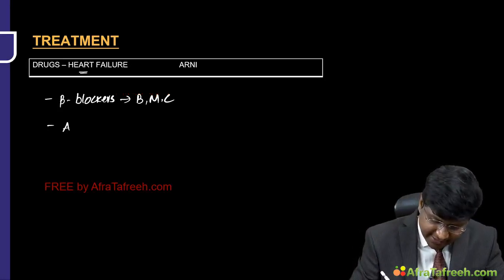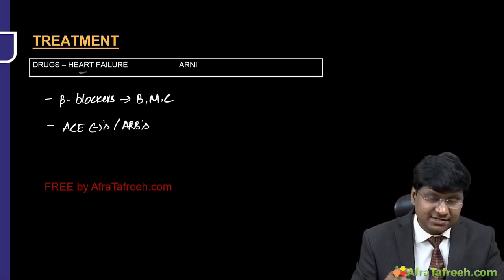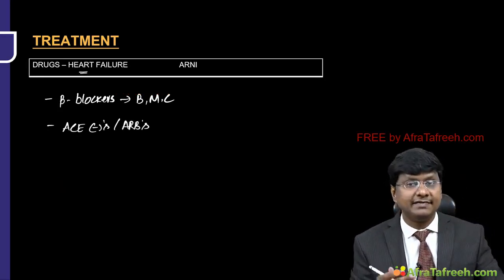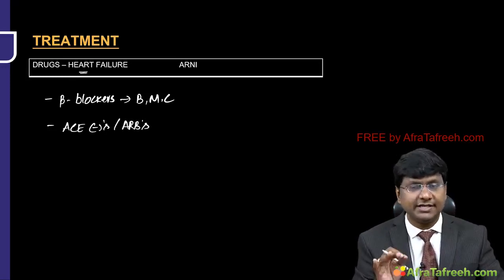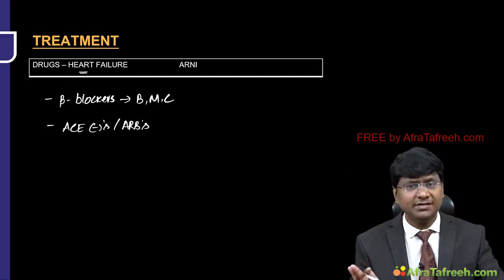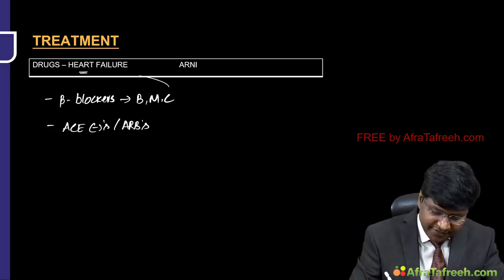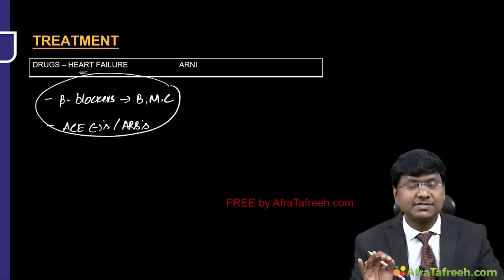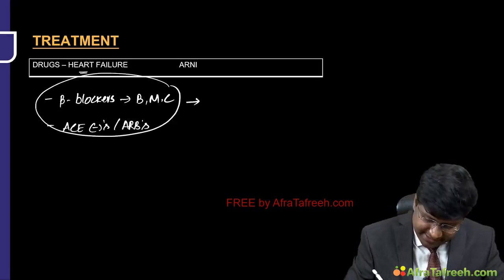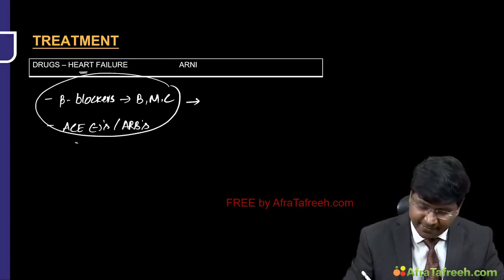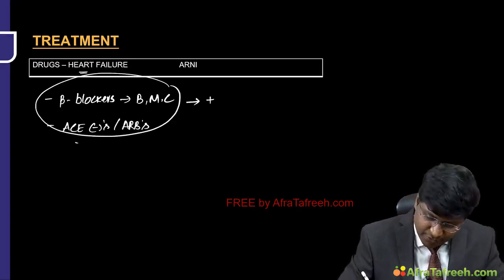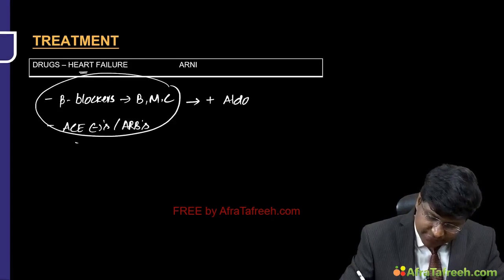And the other drugs are the ACE inhibitors or angiotensin receptor blockers, which should be given. These drugs prevent cardiac remodeling, improve the ejection fraction and reduce the mortality in patients with heart failure. Now, in spite of giving these drugs, if the patient is still symptomatic, then instead of these ACE inhibitors or ARBs, what you need to do is add the aldosterone antagonists,